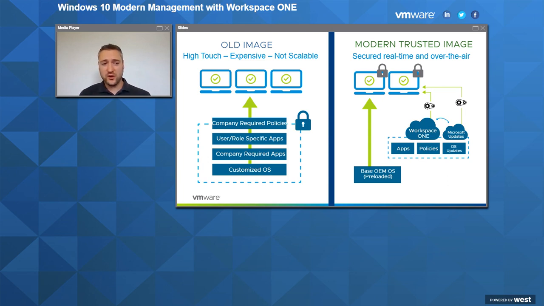Don't re-image it. Don't put your own image over the top. Just, in this case, use Workspace One, enroll the device, and then have all of those configuration policies pushed out over the air to that device. And that means that that device can be, instead of creating this image and then going through the imaging process, maybe PXE booting the machine, you just simply have the machine log on, and then all those configuration policies will be pushed out to it.